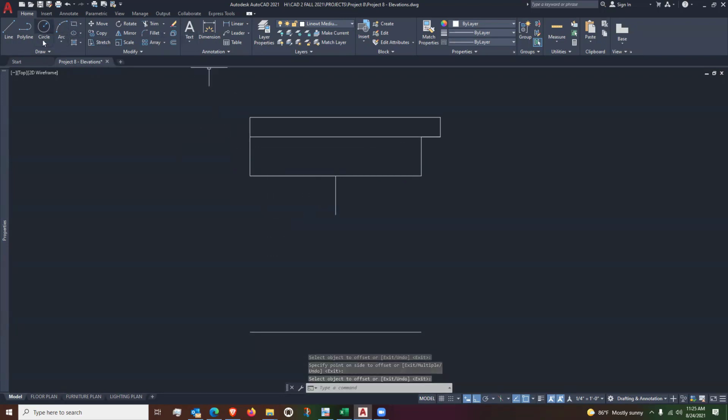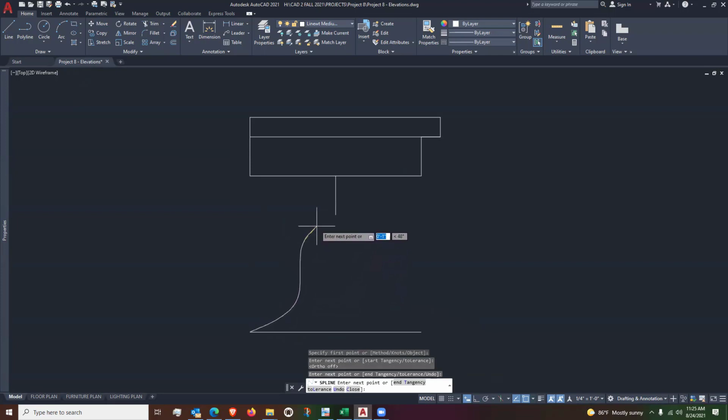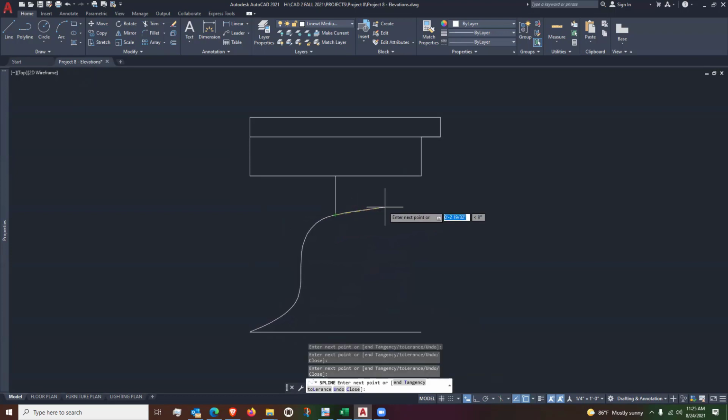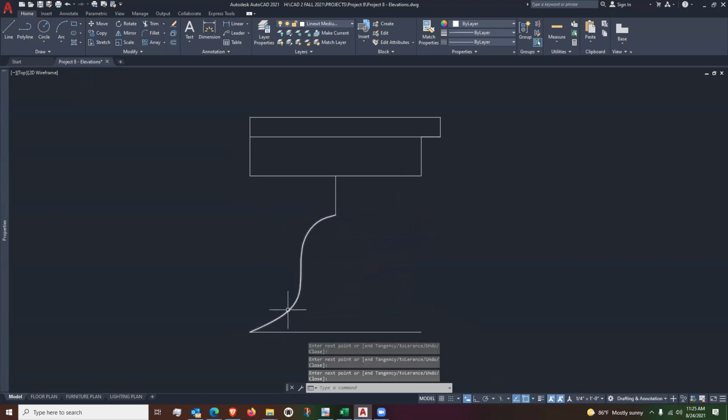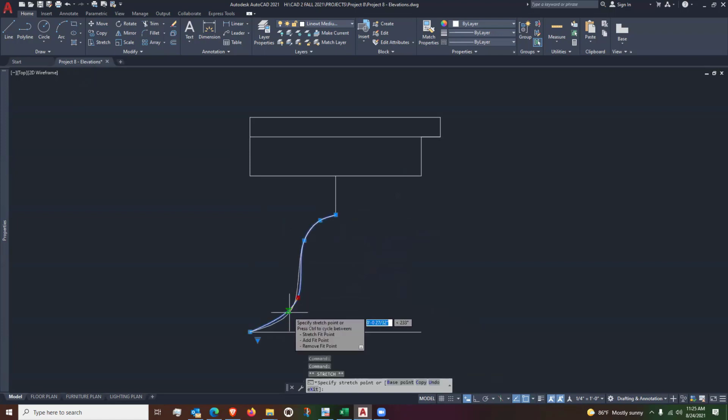So I'm going to go over to draw and choose my spline fit here. That's a little gawky, but